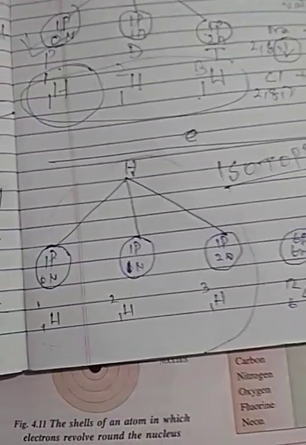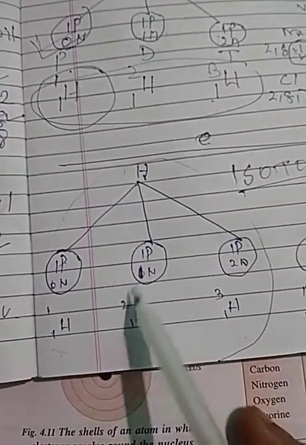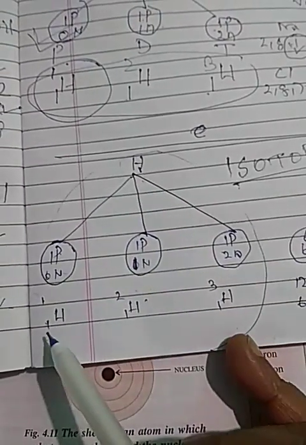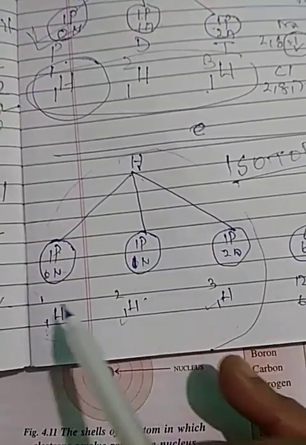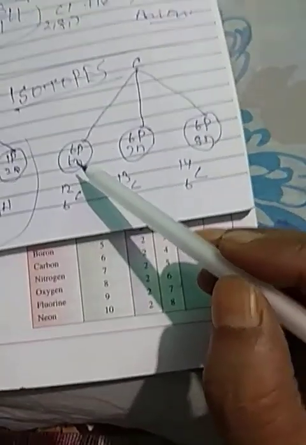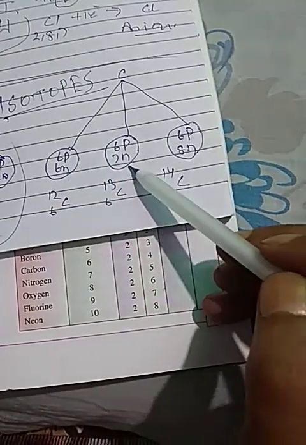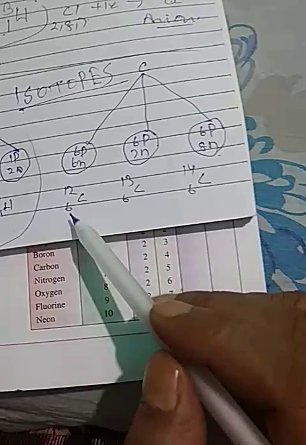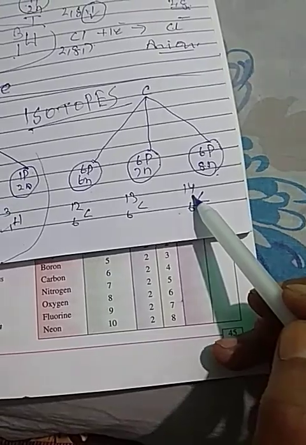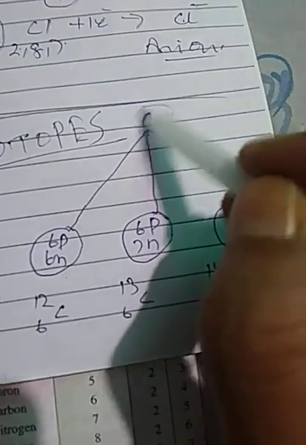What is isotopes? These different atoms of same element having same atomic number but different mass number are called isotopes. Like carbon, atomic number is 6, but in one case it has 6 neutrons, 7 neutrons and 8 neutrons. So what will be their atomic number? 6, but they have different mass numbers. So these three are different atoms of same element, carbon.